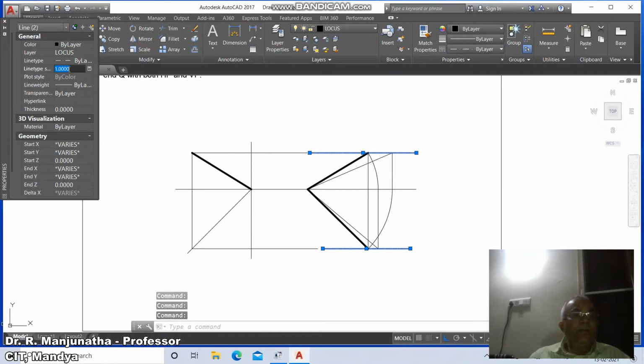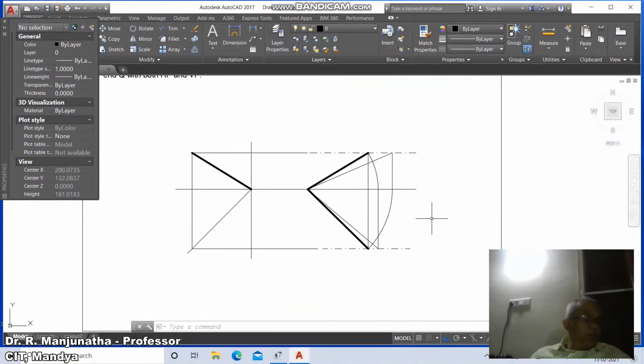So this is how 10, and then escape. Once you do this, now we will go for the text matter to be written. So go to dtext. So here you mark this as X, and you mark this as Y, you mark this as X1, and you mark this as Y1. Then you have VP, and then you have HP, then you have LPP.